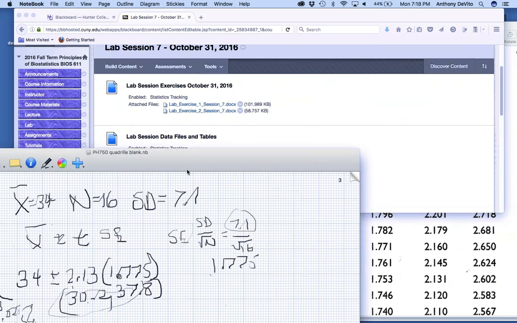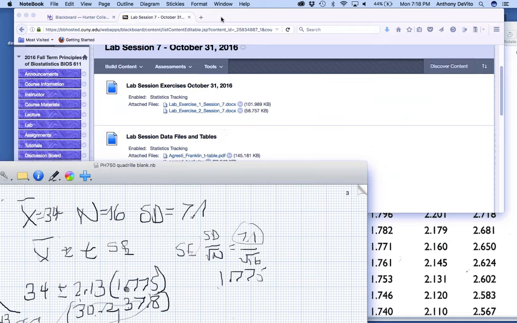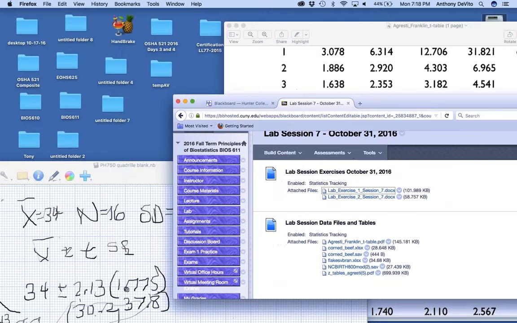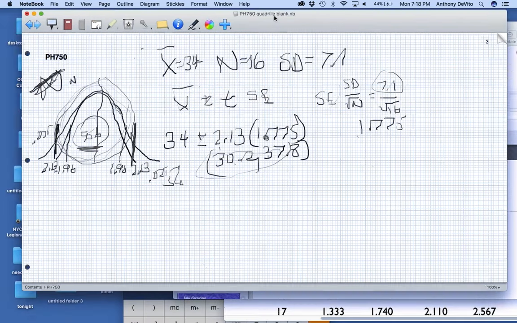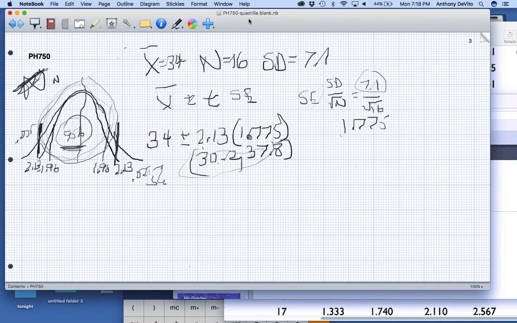Okay, and the last thing I want to do here is something with proportions. It works exactly the same way, except, don't we have some rules about proportions? Wasn't there some kind of rule that they had to have a certain sample size, right? Not only that, but wasn't there also a rule that you couldn't have a situation where you